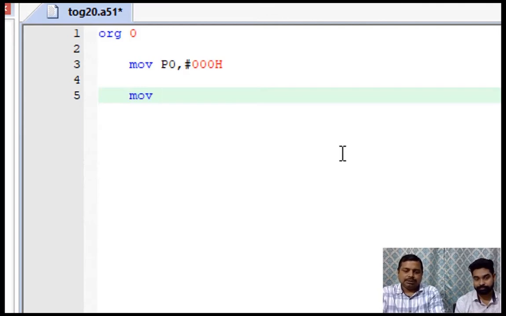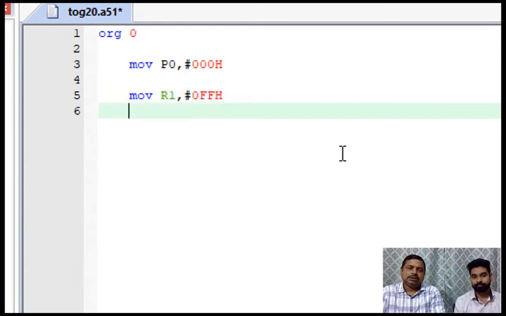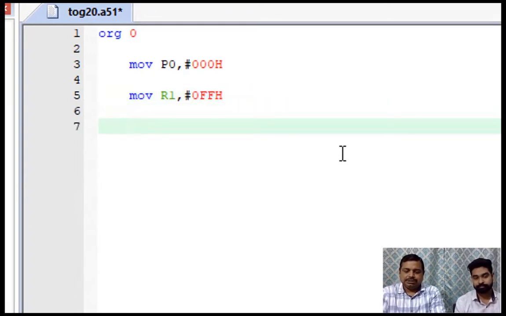We can say move R1, which will be loaded with the FF value, and then we will use DJNZ R1 and jump to maybe L1.